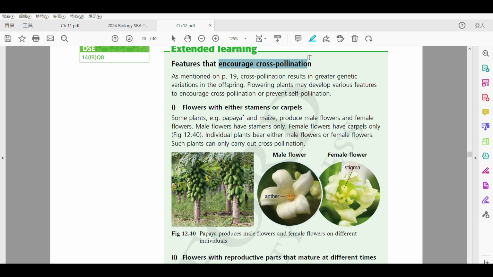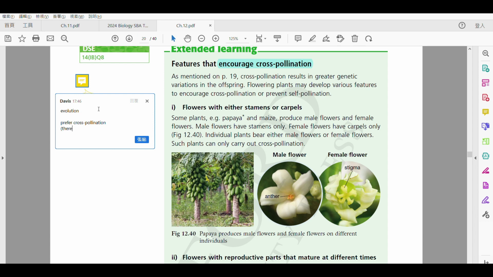好啦, so how is cross-pollination encouraged? Okay, so of course, if you are a plant, usually we prefer, 因為進化關係啦，evolution, so usually we prefer cross-pollination 嘅。但係留意一樣嘢啊，be careful of this thing. Just like 呢一個嘅 asexual reproduction 啦，同呢個 sexual reproduction 啦，